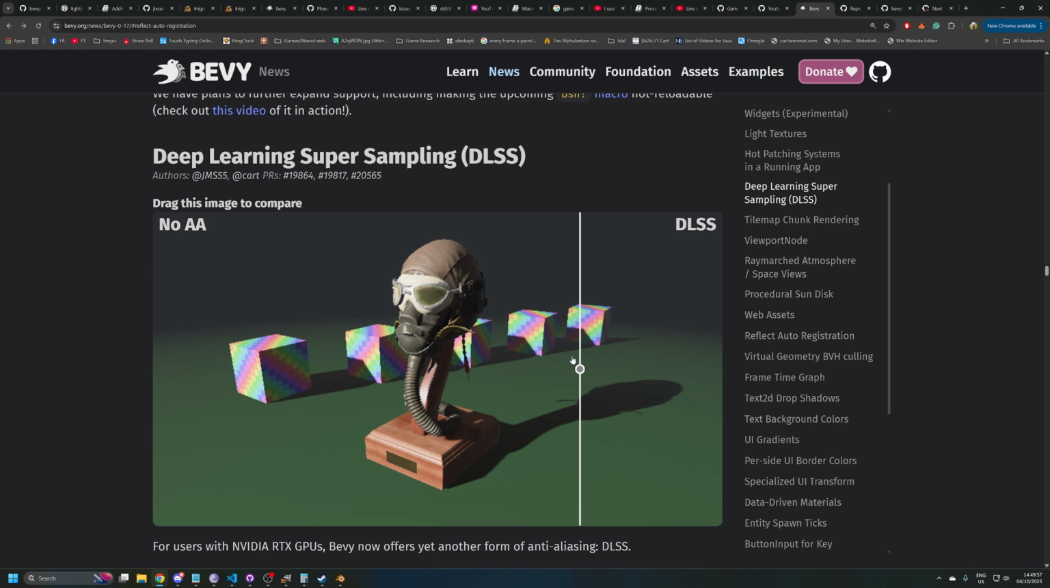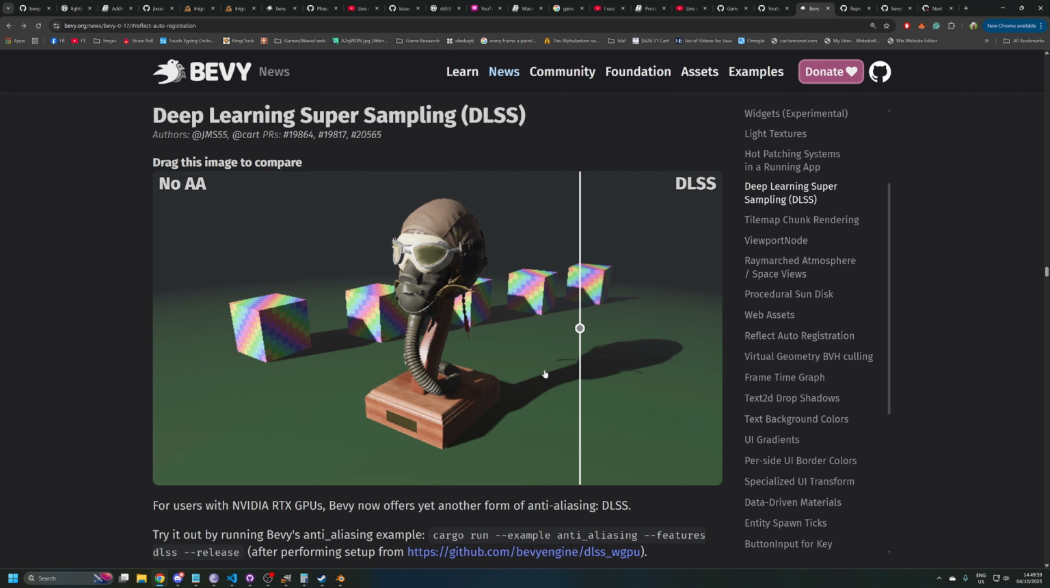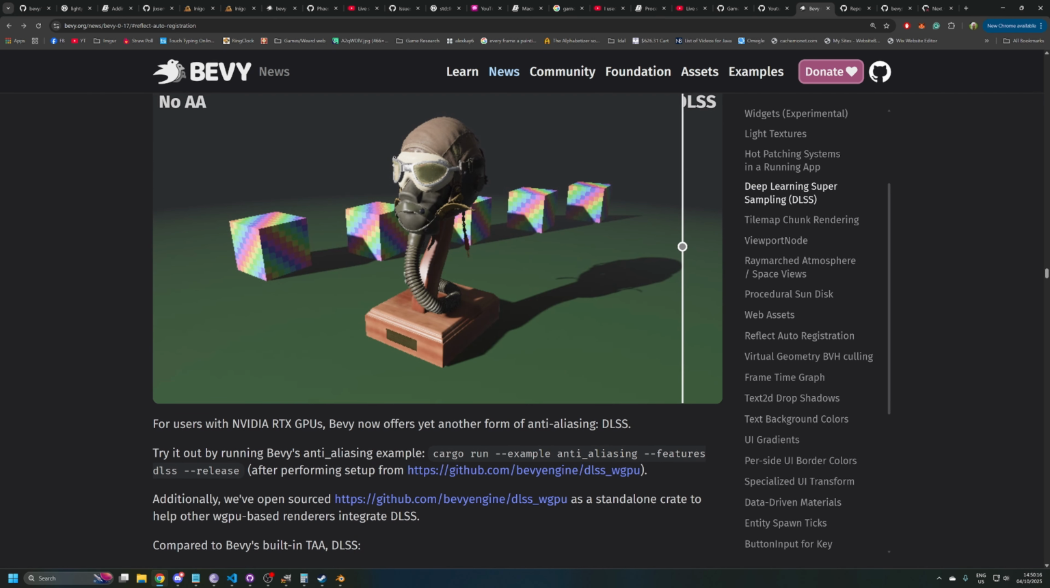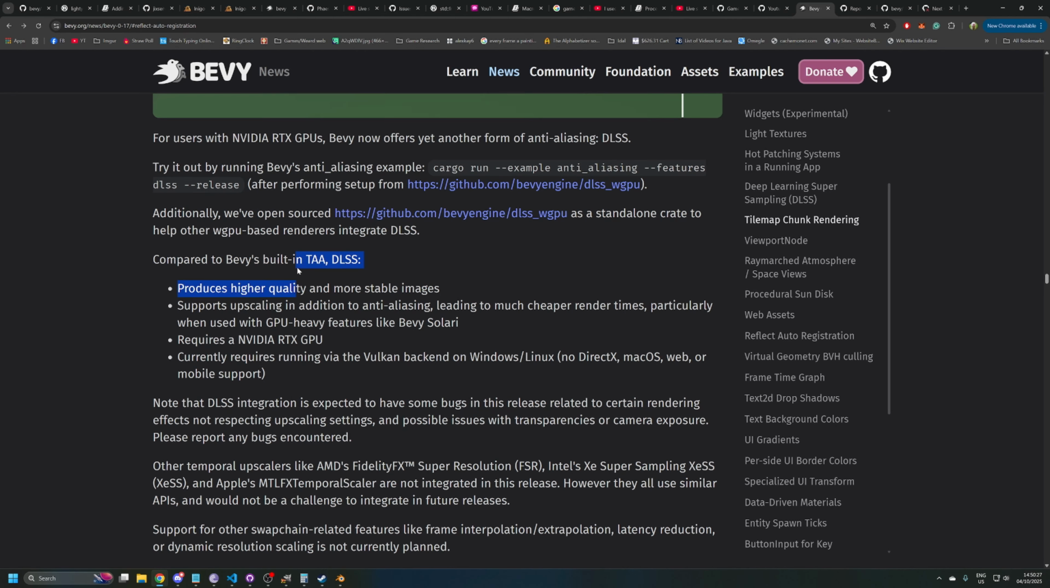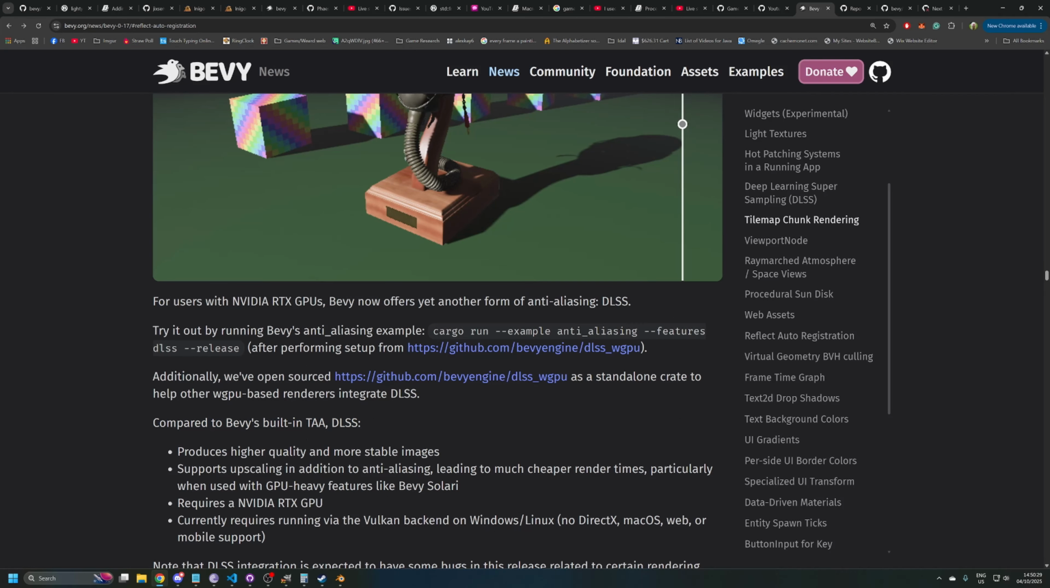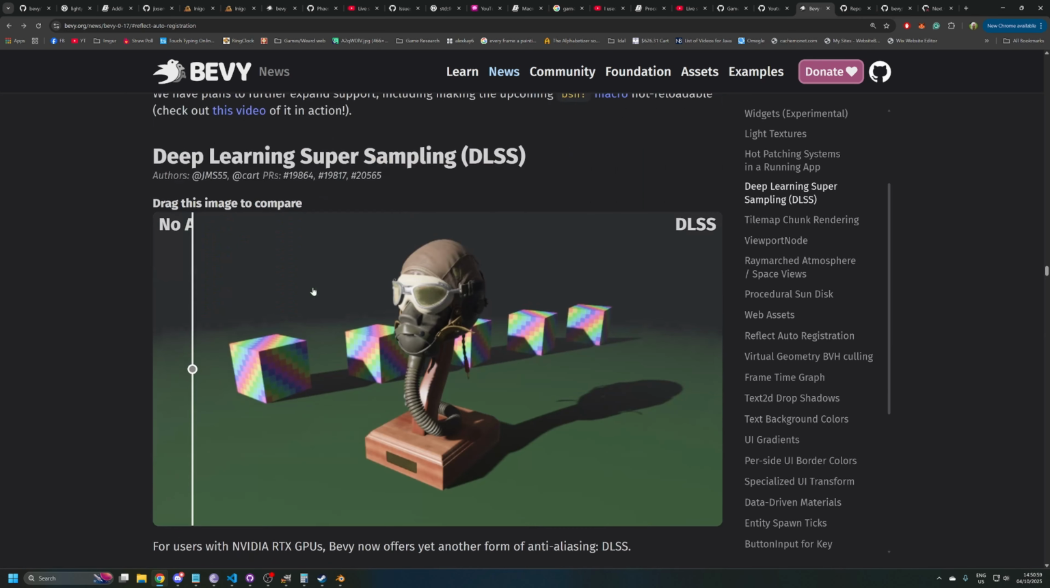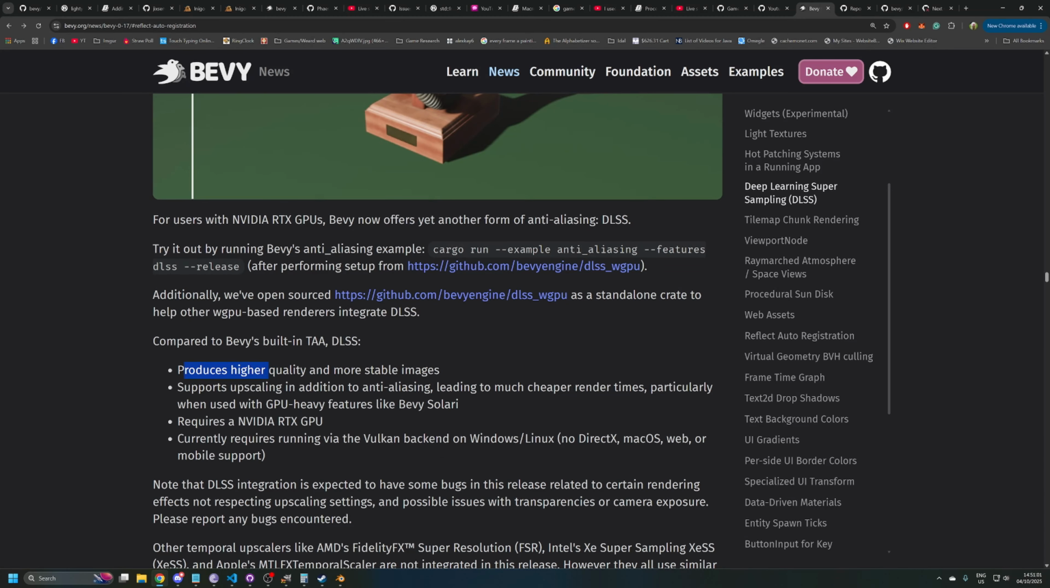But it's what this is: if you have an NVIDIA graphics card, they've got built-in AI chip accelerators that they use to anti-alias, it's deep learning super sampling. So the idea is that they train an AI to be able to anti-alias, and there's dedicated hardware on NVIDIA chips to do this. So compared to the built-in TAA, so TAA was temporal anti-aliasing, versus this deep learning one,